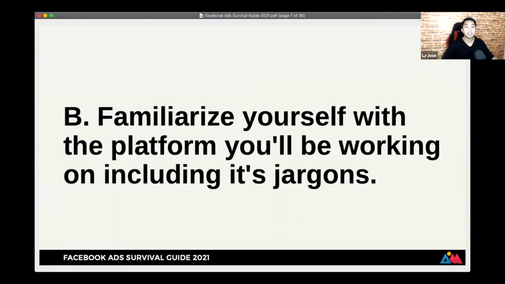Next is to familiarize yourself with a platform that you'll be working on, including its jargons. So what's the platform that we will be working on if you're using Facebook ads? Of course, it's Facebook, diba? And particularly, we're using Business Manager or Ads Manager.